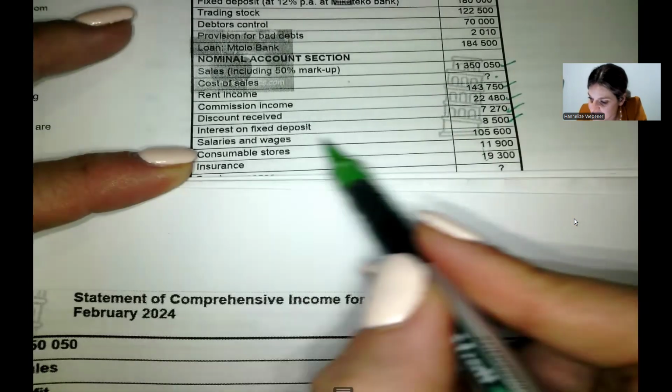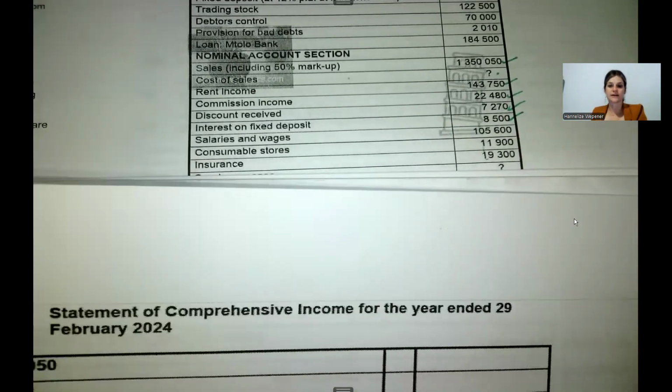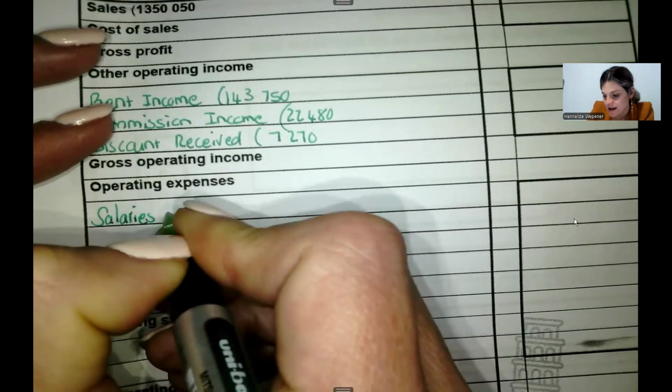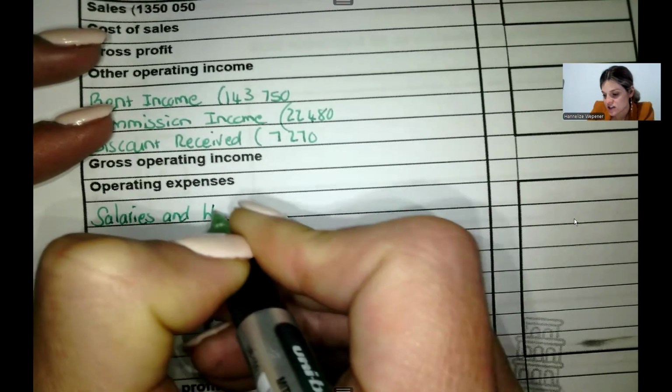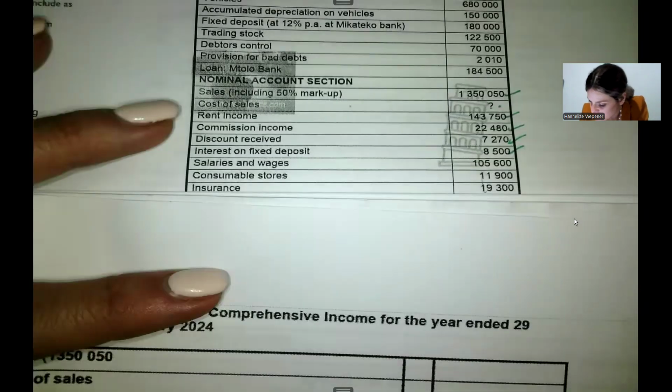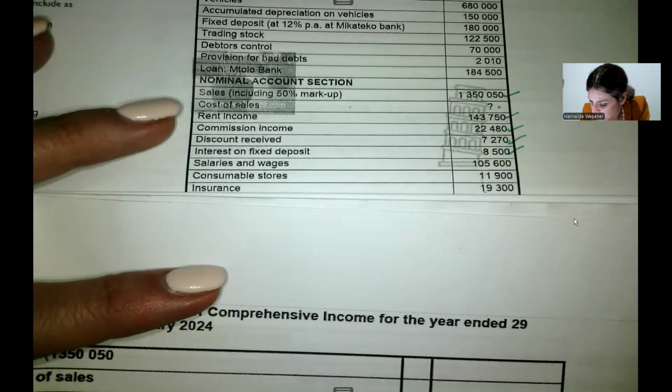Then I have salaries and wages. Those are expenses, so I shall go to my operating expenses, and I'll say that I have salaries and wages. I'm just going to add the amount as per my trial balance there,